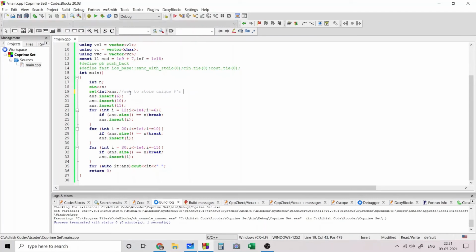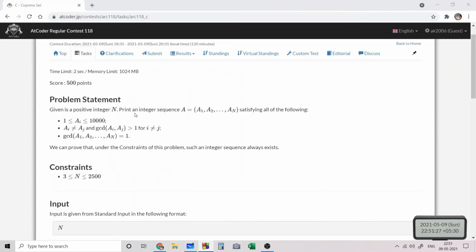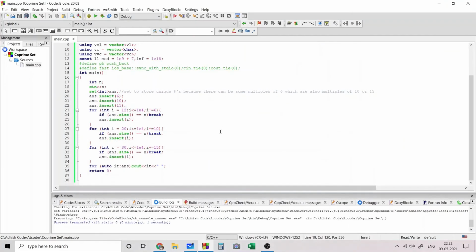This is because some multiples of 6 are also multiples of 10 or 15, and we don't want duplicate values in our set A because all the elements must be distinct. Hence I use the set data structure for simplicity. I inserted 6, 10 and 15.